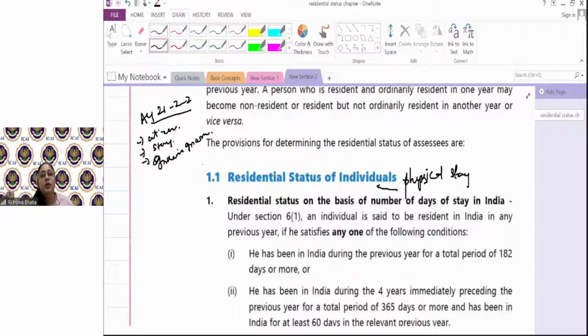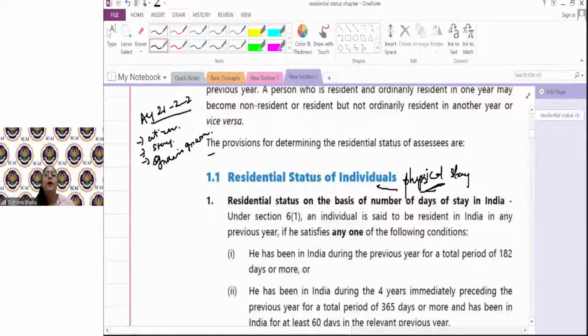हर एक country का खुद का residential status determine करने का criteria है. Every country has its own criteria to determine residential status. Maybe somewhere it could be based on homes, economic interest, or citizenship, but every country has its own criteria. But India has a criteria which is majorly based on physical stay,